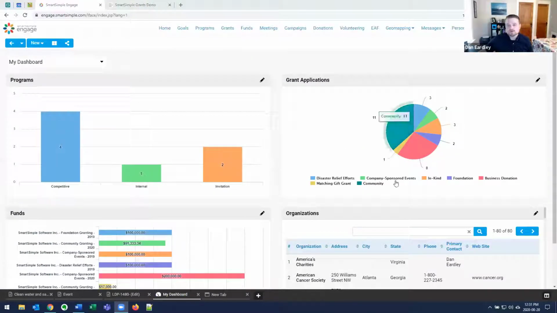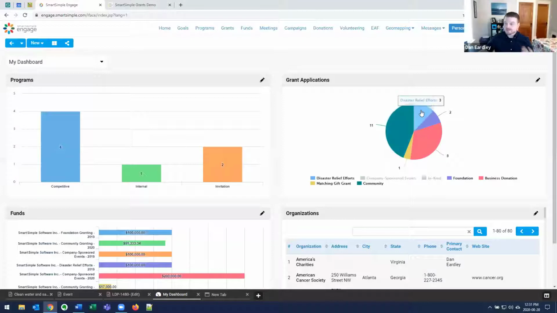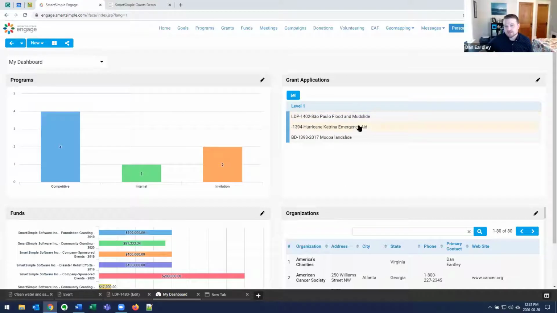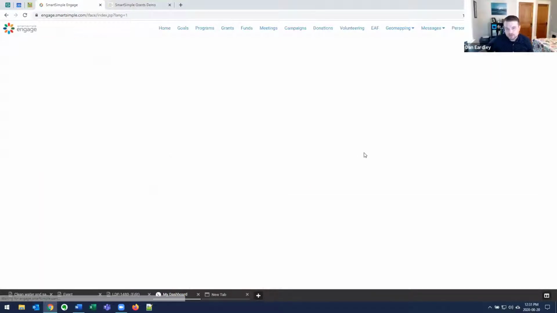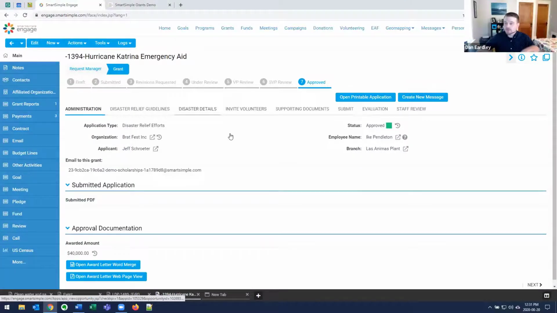These types of things can be interactive based on what you want to toggle off, toggle on, and be able to drill down into specific sections of that space, so that maybe you want to see the 3 grants that make up my disaster relief efforts. I can actually click on that and then drill down into those records, and then even navigate directly to a record within the system, so that I can see the data behind it, but also visualize it in a different way.